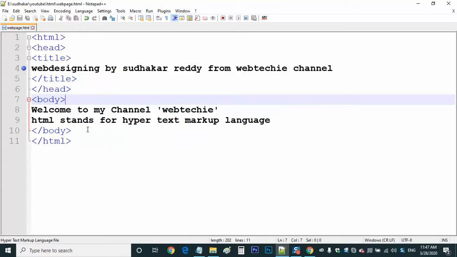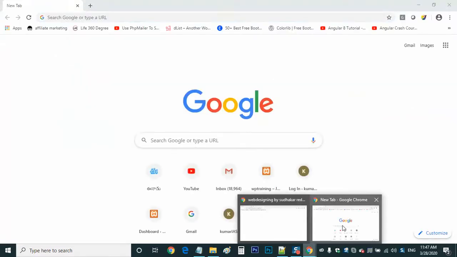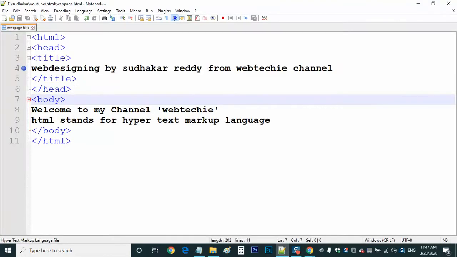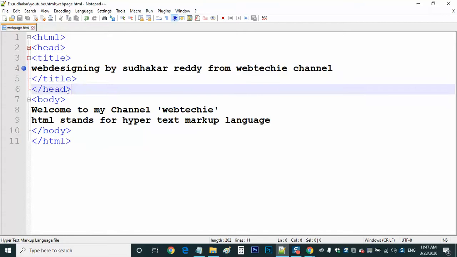So friends, here I am continuing with the previous HTML file, which I created in the previous video. This is the output which we got. I am going to extend this program and write more tags. As I said, HTML commands are called tags here. There will be different types of tags. Once again I am saying there is an opening tag, and there is a closing tag.